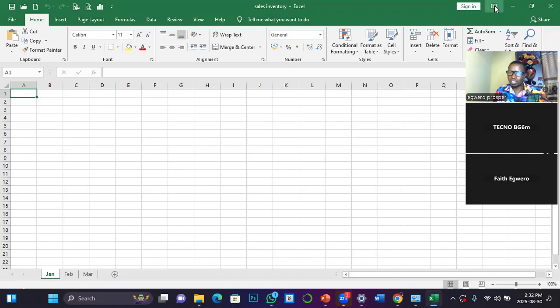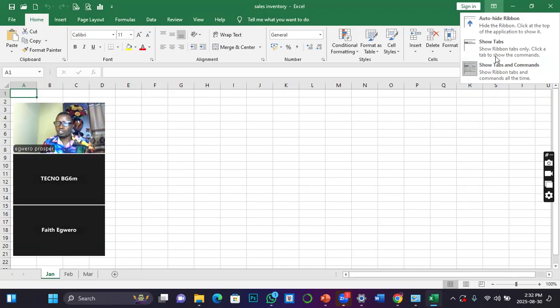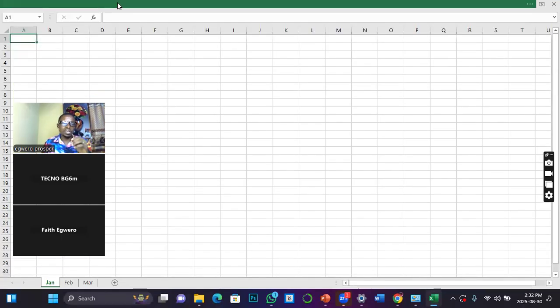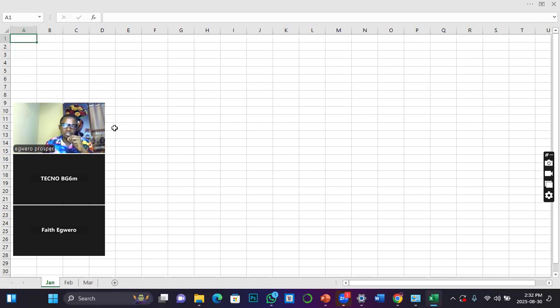Now let's come back to this. So the work of this is to turn them on and turn them off. For example, if I click here now, I have three good options. The first option says auto hide. So if I click here, you see that I can no longer find those ribbons, those tabs.